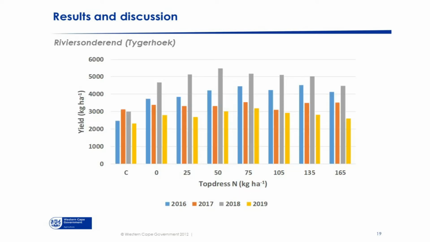So what we do is then for the 5 years, I've got a control treatment. So this is where no nitrogen was applied, and then it's 25 up to 165, which was top dressed, and this is the years 2016, 17, 18, 19. What is important here is we see there is a reaction to nitrogen up to about 25 to 50 kilograms applied, but it's very difficult to get a norm from this.